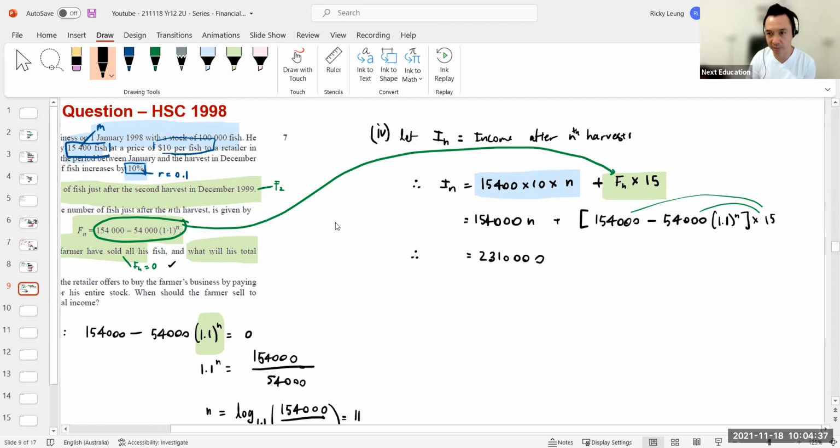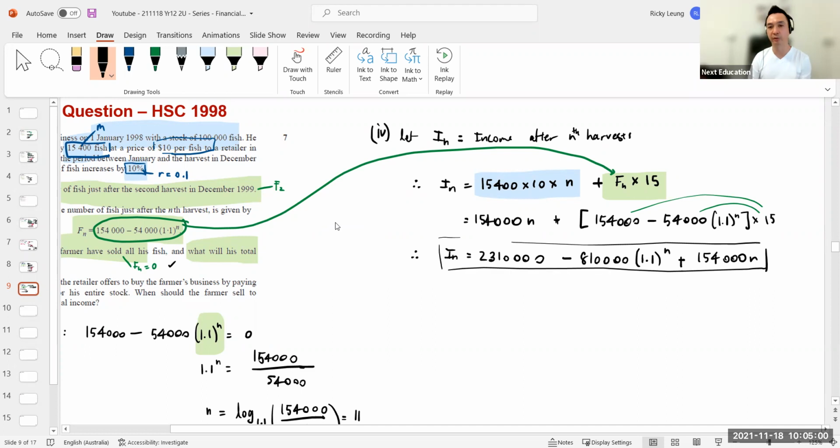That's this guy times the 15 minus, if you did 54,000 times 15, you get 810,000 times 1.1 to the power of n and plus this guy. All right, guys, you get that. You now have something to play with. Right? I need to maximize this. Now, assuming that this has a bit of a hump, right, where there's an n that gives you the maximum,